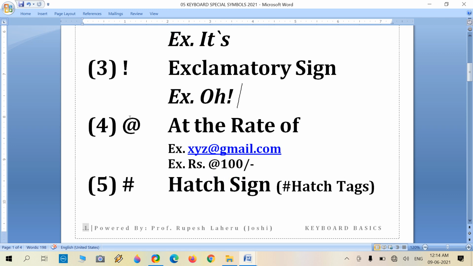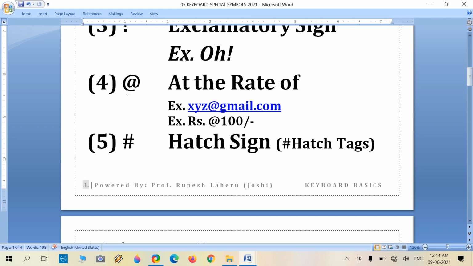At the rate of, the circled A, is most useful in mail IDs like xyz@gmail.com or yahoomail.com, etc. Like on price tags, like @100 rupees, this is a price tag.